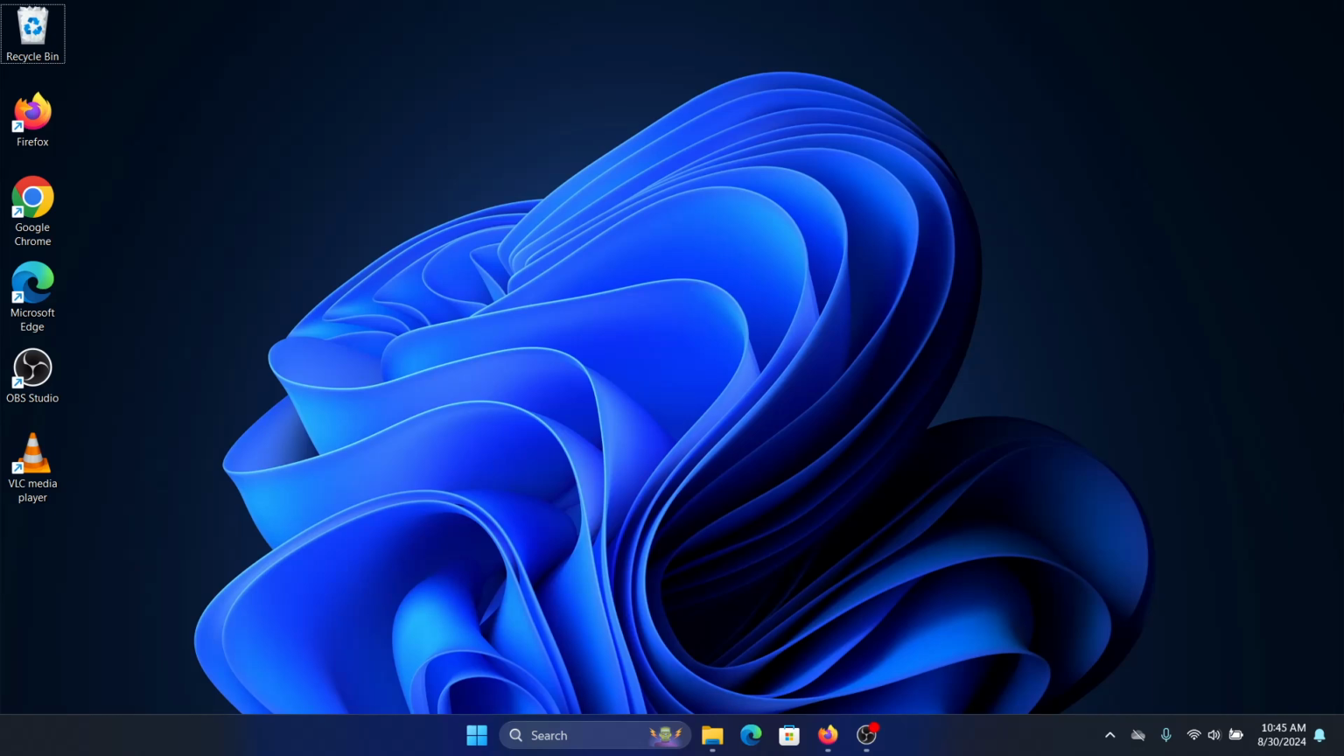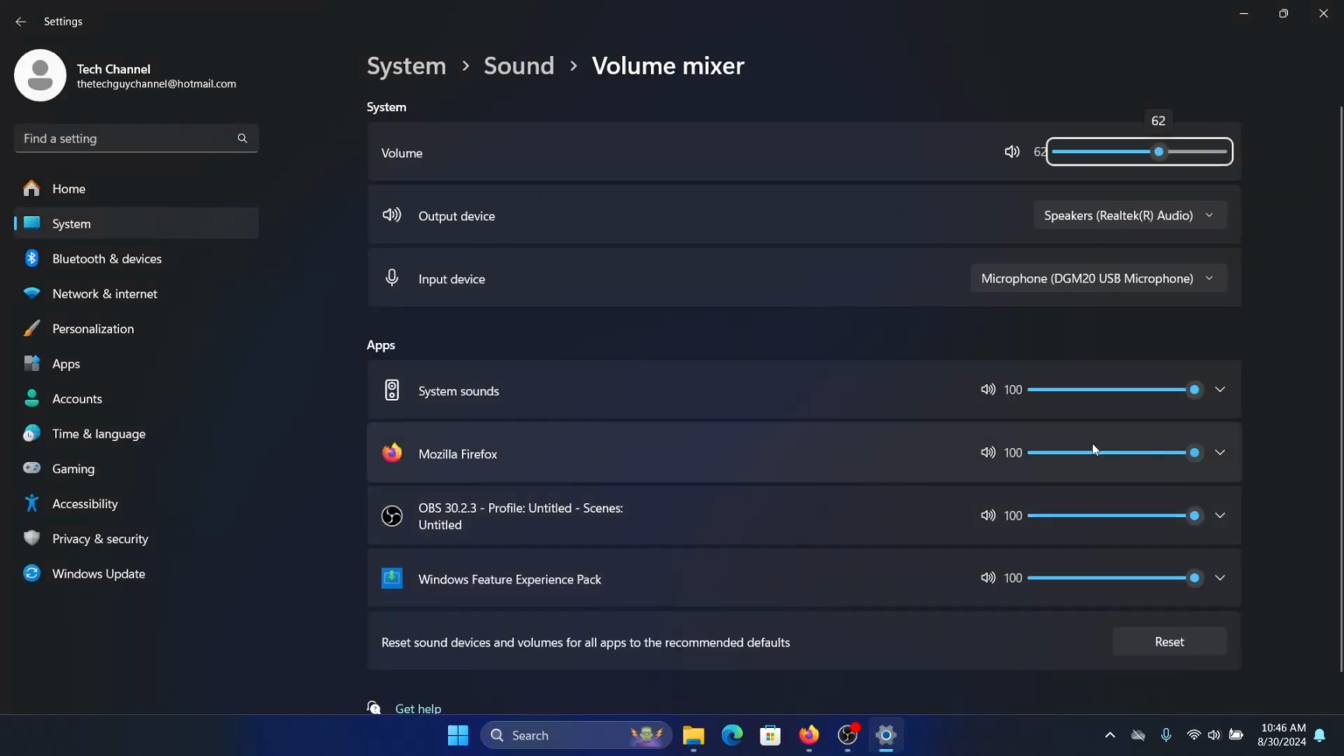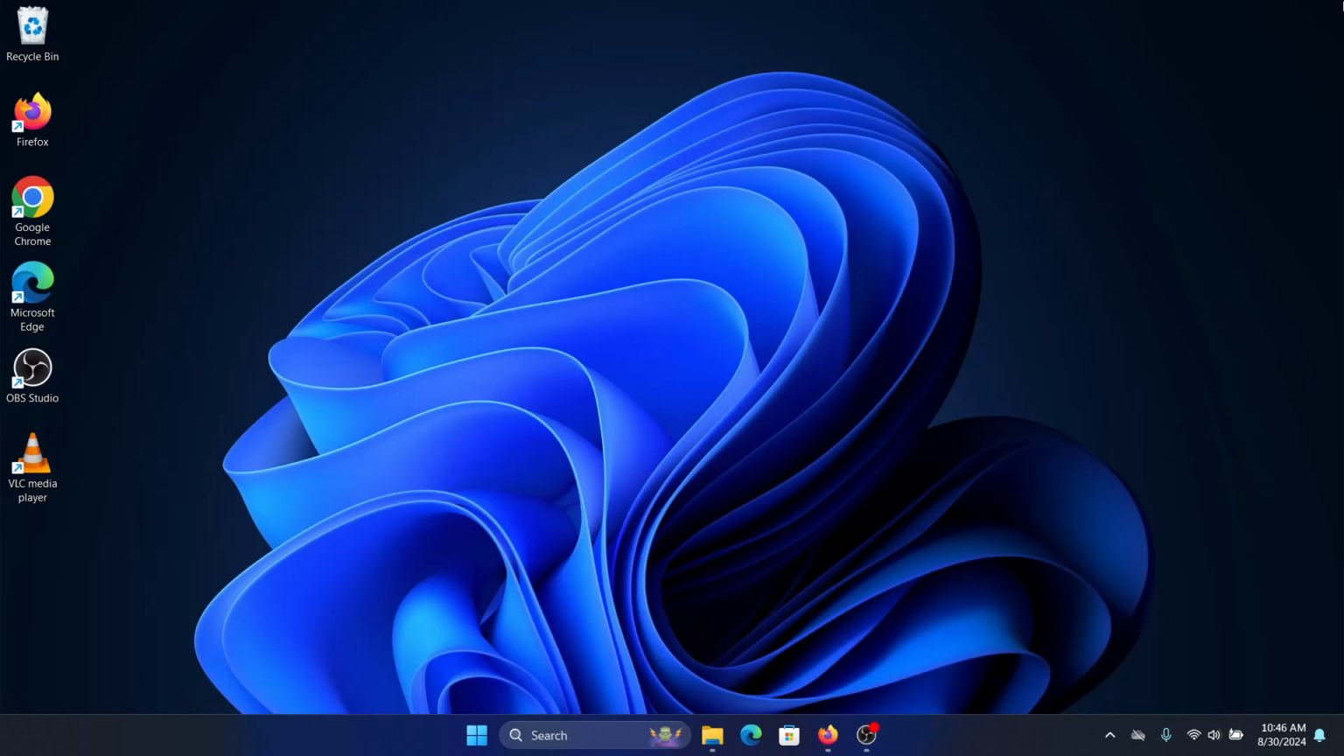If your volume mixer is not working, watch this video for the fix. Normally the volume mixer should work when we right click on the sound button. We can click on open volume mixer and it should be able to function. But if it's not for any reason, then the first thing we need to do is run